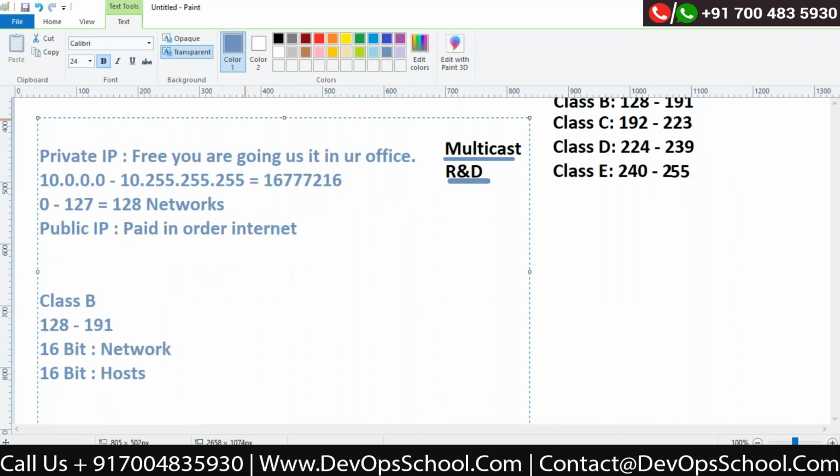Here in class B, they said, okay, you will be using 2 raised to 16 for a network and 2 raised to 16 for your host. Correct? So this is interesting. If I say 2 raised to 16, I believe the value of 2 raised to 16 would be 65,536. This is how many IP addresses I am getting. Correct? For example, if I take the IP address, now here is the sequence. Here is the concept. Here is a big difference. 16-bit is for network. So if I say 172.16.0.0,